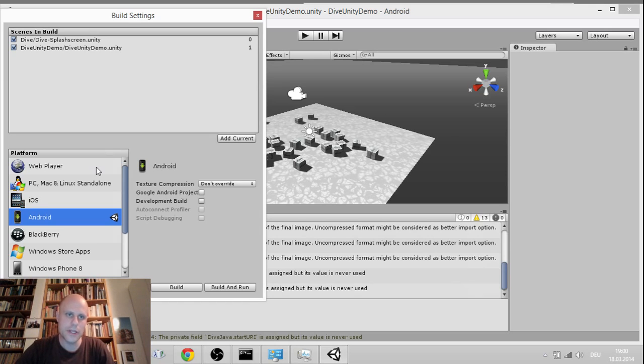I think it's pretty good to go this way and first make sure that the ADT apps work, for example the monitor tools. If you cannot get this to run, then you've got no chance to compile an app via Unity. So